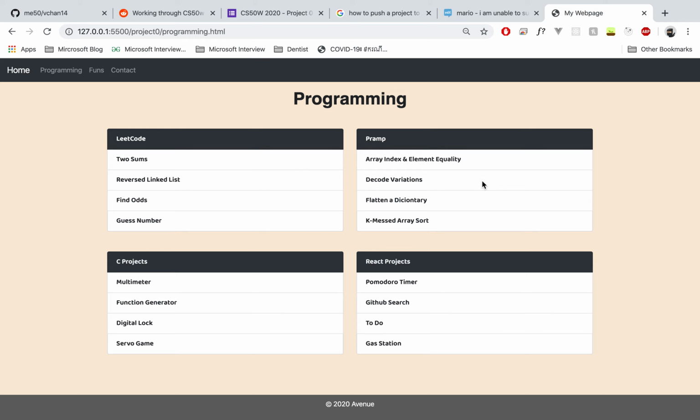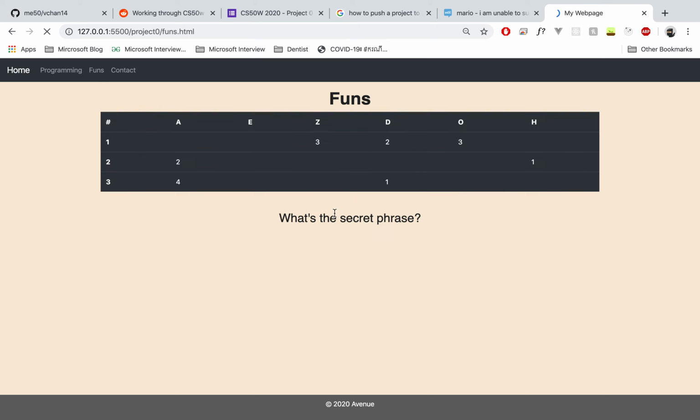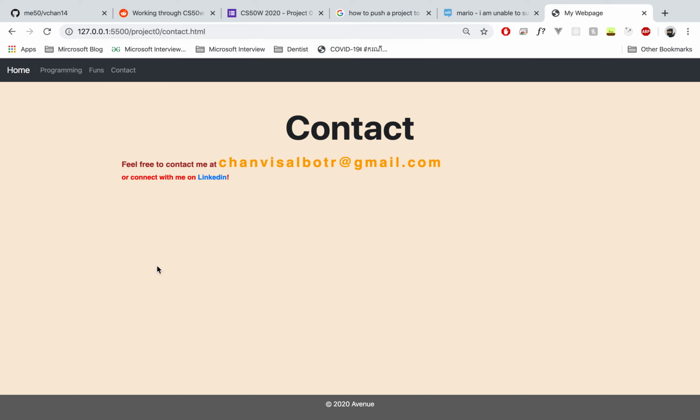And they also want us to use a table. So this is the table that I use. This is also Bootstrap, a Bootstrap table. And the other requirement is to use 5 different CSS properties. I use a lot of CSS properties over here, to change color, to remove the styling of the hyperlink,